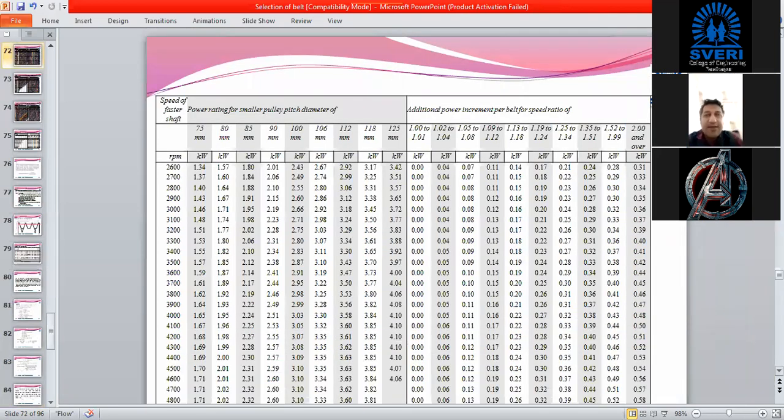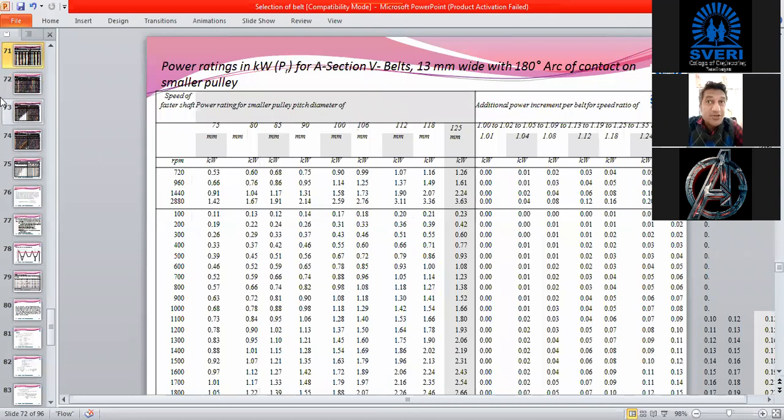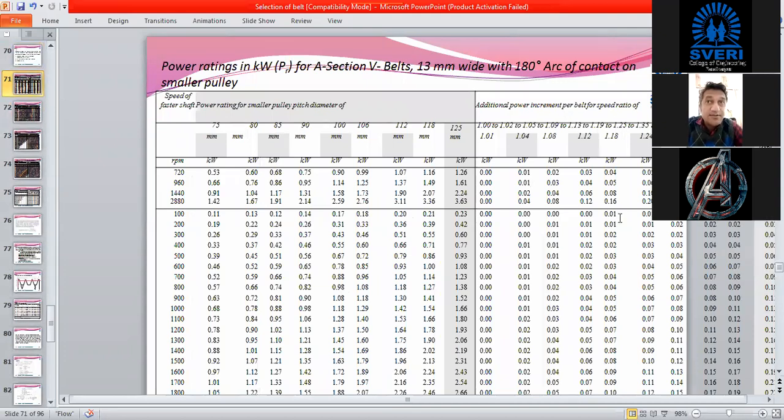That is the book provided, VB Bhandari, and in it you can see this table. When you open the slides you will find each and every value, no doubt, but it is not fitting in this particular slide.